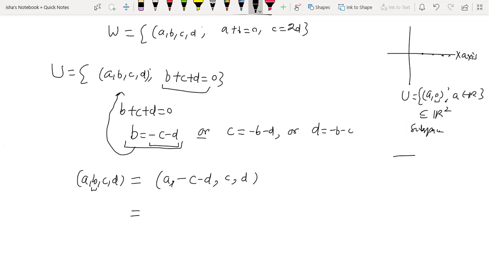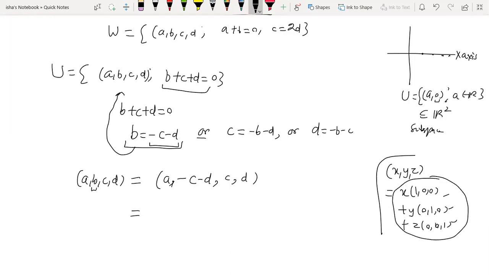Again, I will give you an example, just like in yesterday's question we did. Any point (x, y, z) can be written as x times (1, 0, 0), y times (0, 1, 0), z times (0, 0, 1), and since these are linearly independent, this happens to be the standard basis of R3. For this point also we will try to find this kind of representation so that we get vectors which we will test for the basis, because we want to construct that basis.